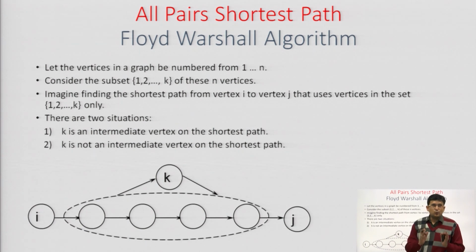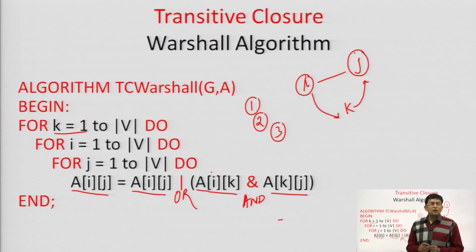So, the concept that I told you just now will be implemented there. Here in this algorithm, we were considering that every edge has no cost assigned to it. Either there is an edge or there is not an edge. If there is an edge, it is represented by 1, and if there is no edge, it is represented by 0 in the adjacency matrix. So, we were doing all these activities on the adjacency matrix itself.